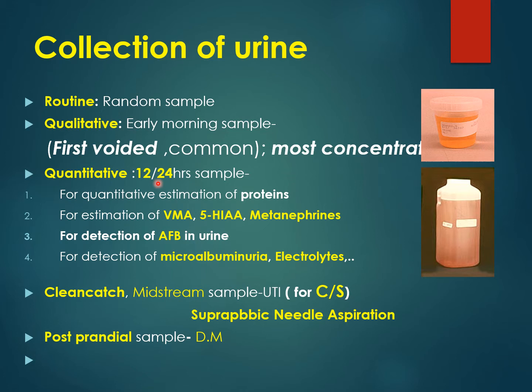You need to collect a 12-hour or 24-hour sample of urine for quantitative estimation of protein, vanillylmandelic acid (a metabolite of epinephrine), 5-hydroxyindoleacetic acid, and metanephrine, if the threshold is very high. And in tuberculous patients, if you suspect surgical TB of the kidneys, you can ask for acid-fast bacilli in the urine, stained by the Ziehl-Neelsen stain, as we know, to detect